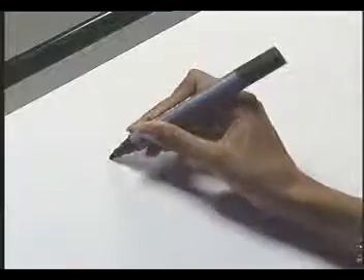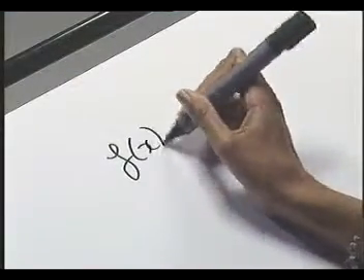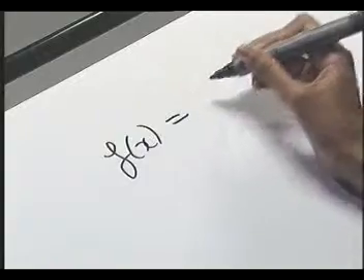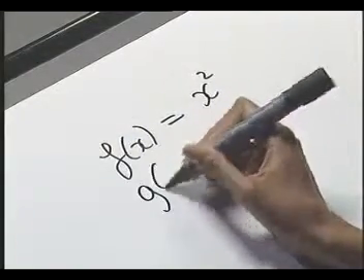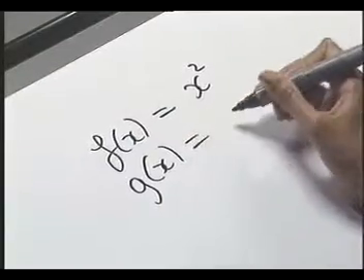The composition of two functions, g and f, is the function we get from doing f first and then g. So if we let f of x be given by f of x equals x squared, and we let g of x be x plus 3,